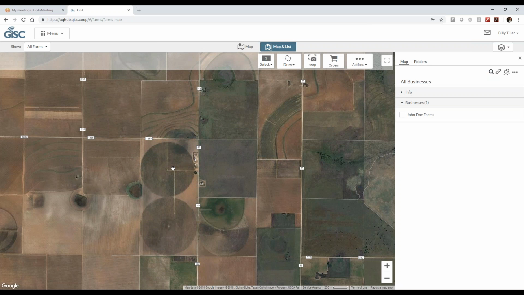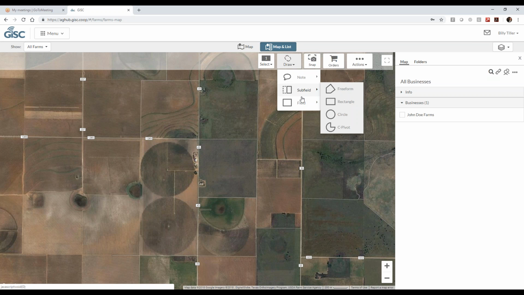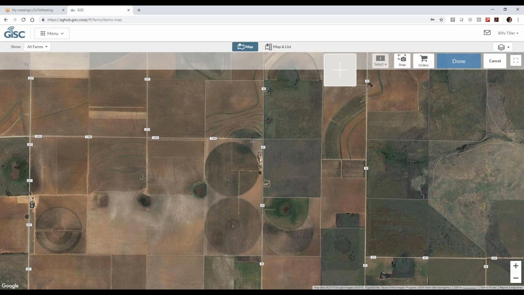Now we're going to go back in. There's nothing there, and we're actually going to draw. So we're going to say draw. We're going to go down here to a field. We're going to say a circle. Now this is not hard at all. If you'll notice up here, there's actually a piece up here, kind of in the top. You'll notice this little zoom screen. So what it's zooming on is I'm trying to find the center of that pivot. Once I find that and I put a dot on it,